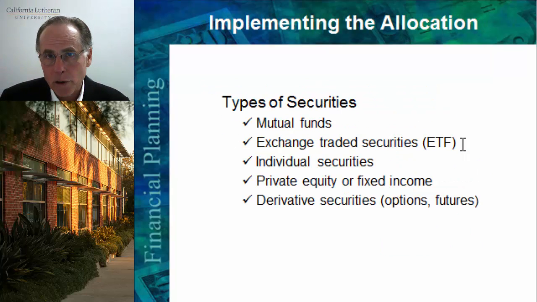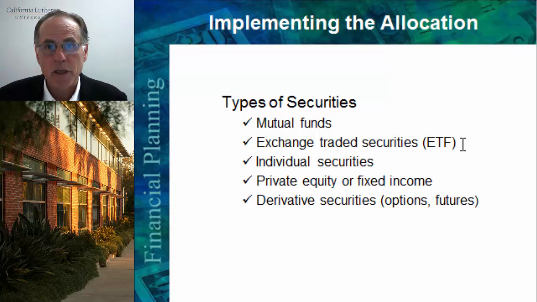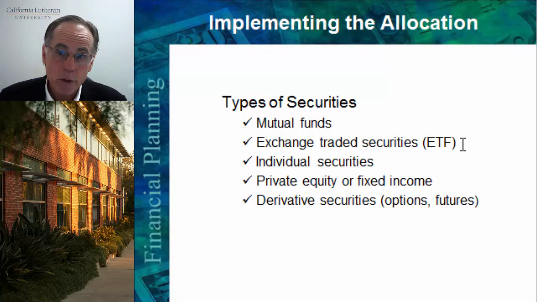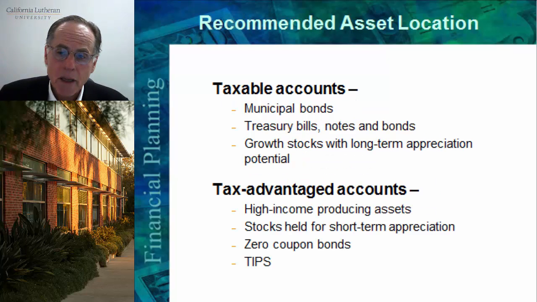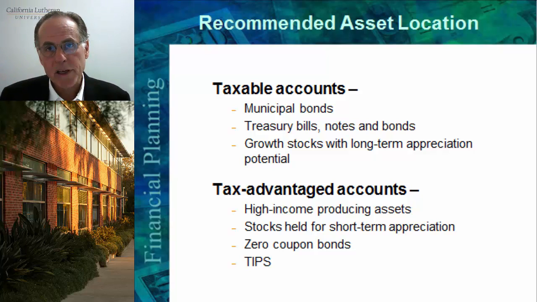Once you determine the total family asset allocation, you will implement the plan, and the types of securities that you will consider include mutual funds, exchange-traded funds, individual securities, private equity or private fixed income, and derivative securities, including options and futures. Let me just take a moment to review the optimal location of security types, a subject that you explored in your investments class. Based on CFP board curriculum,